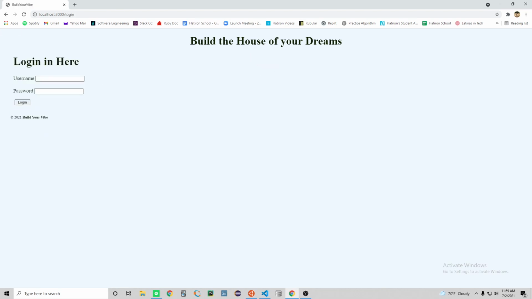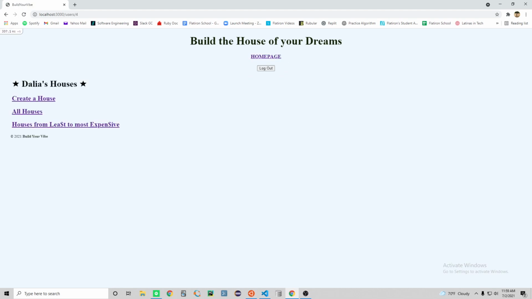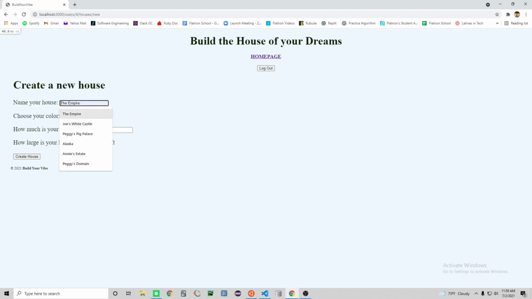And then another feature of my application is the ability to log in with OmniAuth using Google. So if the user clicks this link right here, they can sign in or sign up using Google, and because this is my Gmail account, it's already logged me in as a user, so this is Dalia's houses. I can create a house here for myself